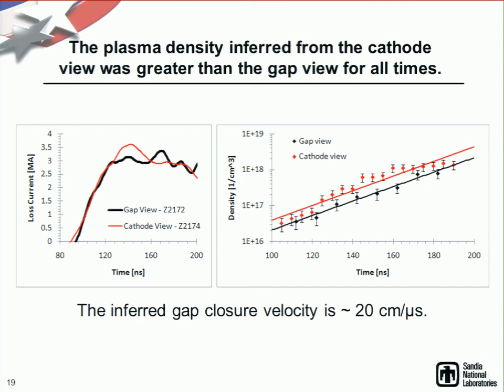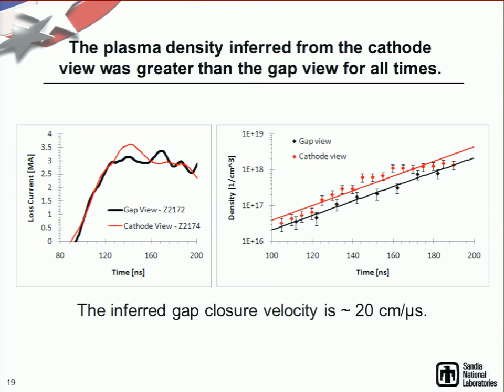This is the difference between the anode, or the emitter, and the load current, basically. So you can see it comes up to about 3 megaamps and then holds relatively constant there, and it has a similar turn-on time. So the density for the cathode case basically always sits above the density measured for the gap case. And so at any given time, you can say, okay, the density here was a little bit higher, but